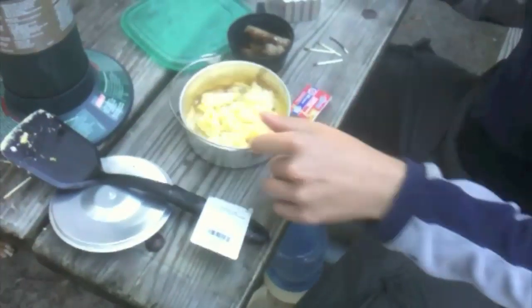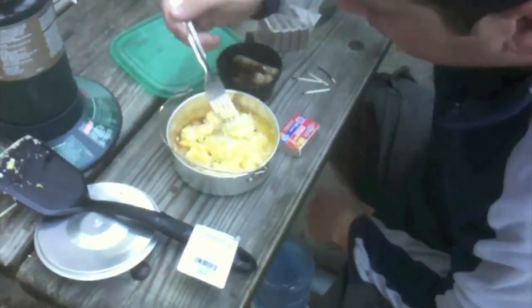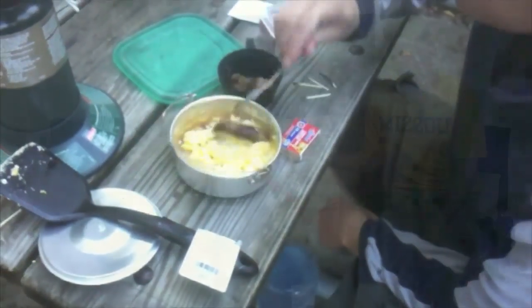Now, to contrast that, we got the Outdoor Products Mess Kit. The 5-piece kit includes a fry pan, a bowl, a pot with handle and lid, a cup with handle, and a plate. This mess kit was a mess, and probably the worst product we had out there, in my opinion. This little set cost $6, which we thought was pretty good, until we got it out of the box and realized it was pretty thin and flimsy. It doesn't take much effort to bend the frying pan in half. If you can do that with your bare hands,